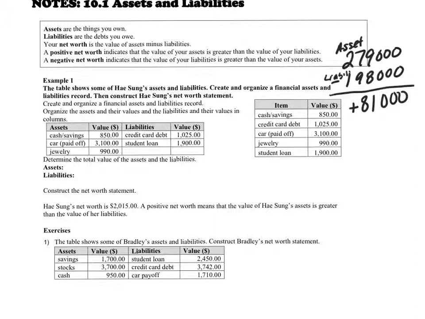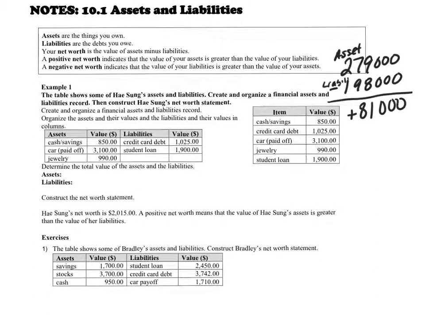Anyways, so I don't know what it's worth. And I honestly don't even know what I owe because I really don't usually pay the bills. But say it's worth $30,000. Okay? So whatever, I could look at what I could sell it for and say I could sell it for $25,000. That would be a negative. Does that make sense? Because I owe more than I can sell it for. I'm just making that up. But that would be a negative, okay? So I would be $5,000 in the hole, technically, on my net worth.